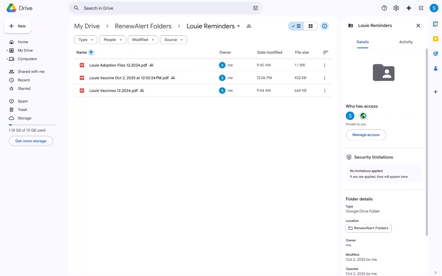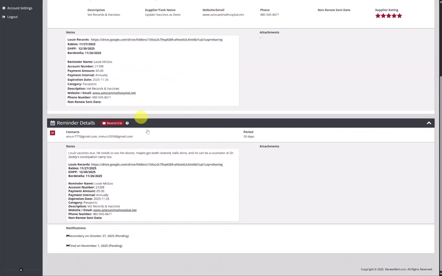So this is a nice way for you to have an effective way to scan documents as they come in. Maybe it's a proof of insurance, an insurance policy, an apartment lease, a vaccination for your pet, and upload them right there through the Google Drive's application on your phone or mobile device. Tablet would work. You can do it on your computer as well.